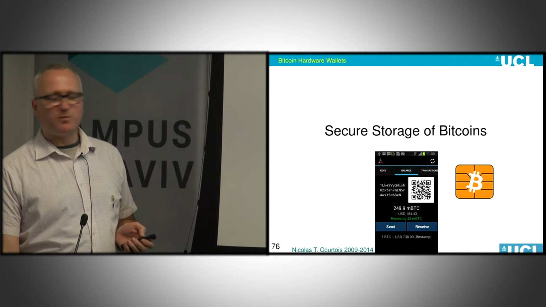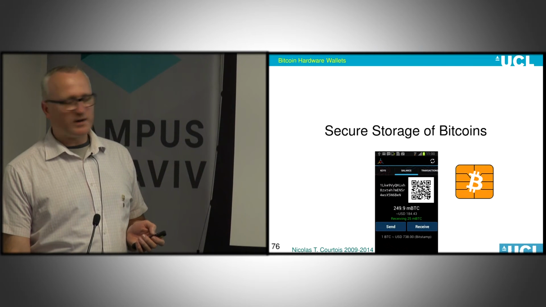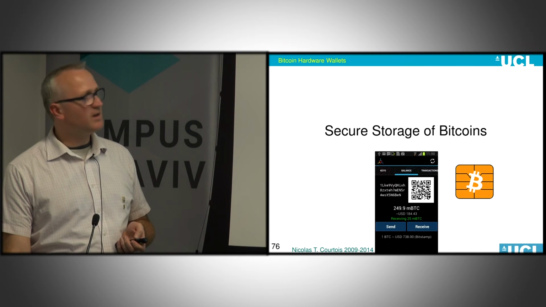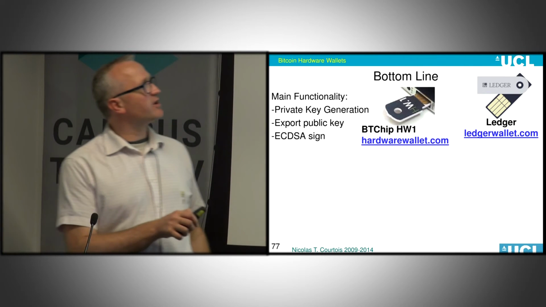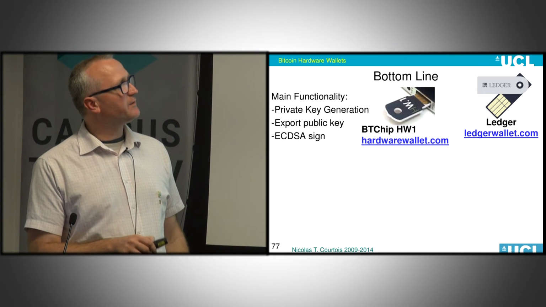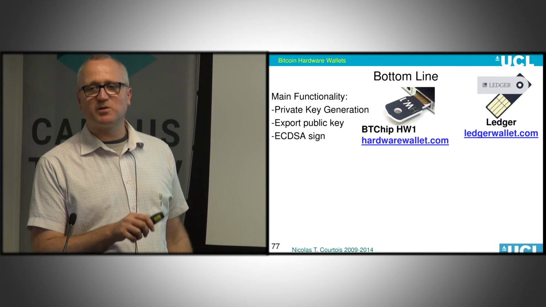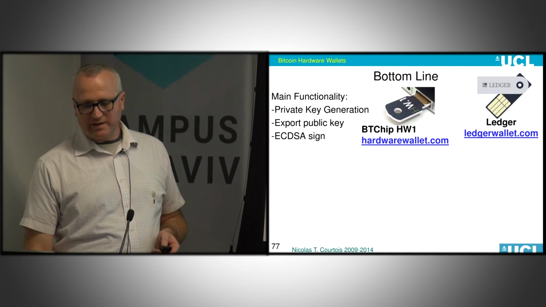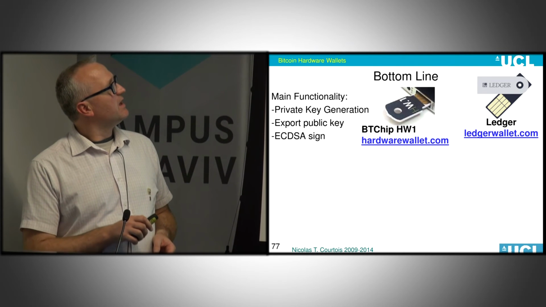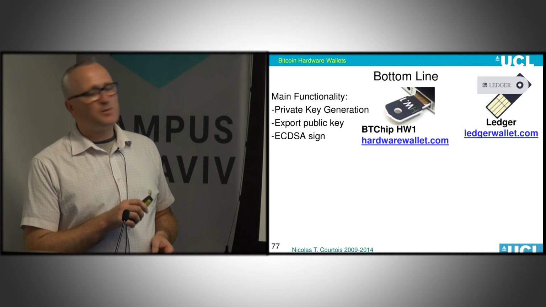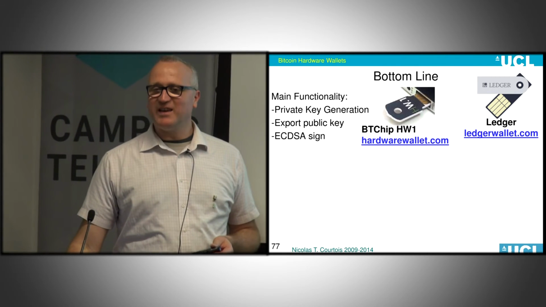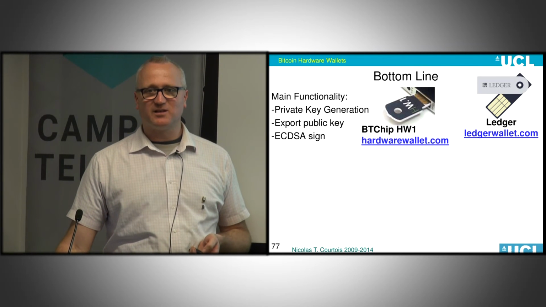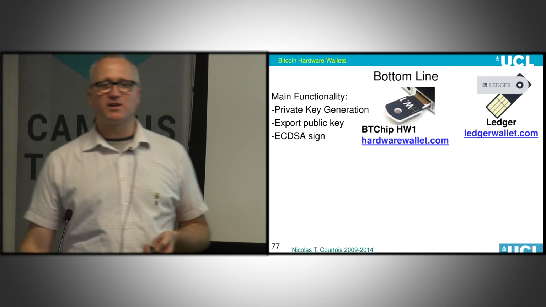A little bit about countermeasures against the attacks. Secure storage: a bad thing to do is to store private keys on the mobile phone. What you need is a smart card. Some exist. This was the initial open source project. A better version is Ledger Wallet, done in France by very good crypto developers, applying very good standards. Essentially, the main functionality of these things is to keep your private key private. They also produce digital signatures on the chip. Otherwise, it wouldn't be kept private. You never export it. You just export the public key.